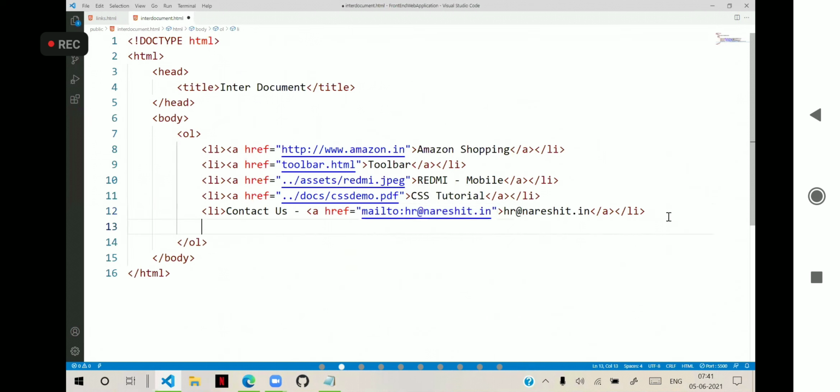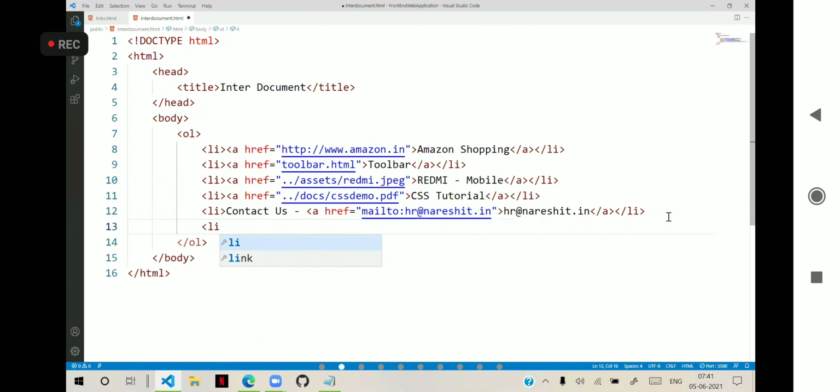Not only email, suppose we have an option like call us, call. So this is contact us, email, something like this. And here, call. For call, we can put a link.